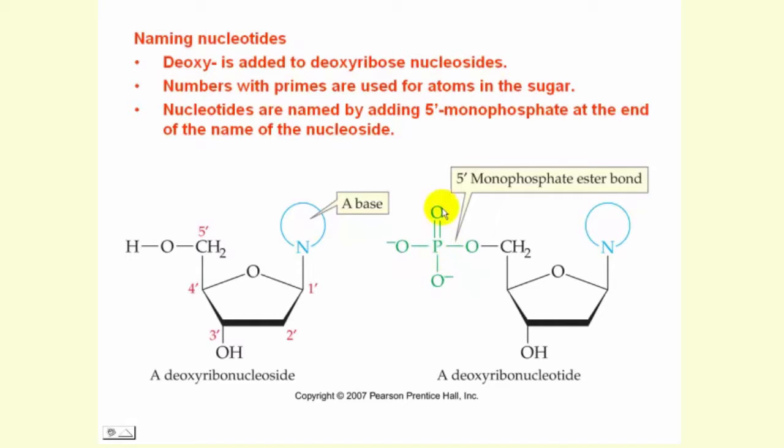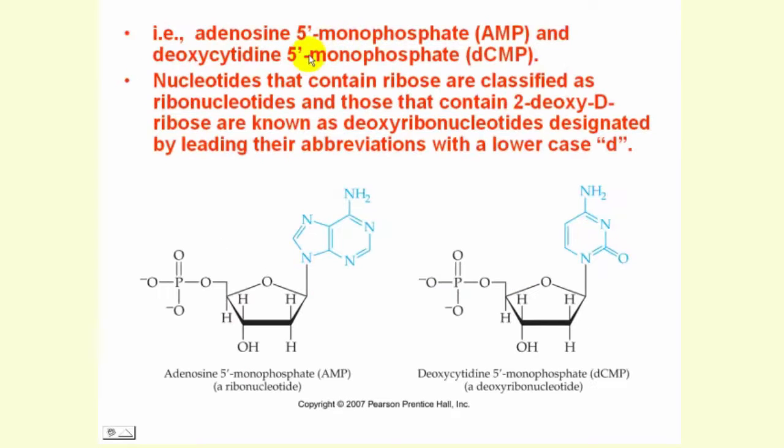In this case, we call this a 5' monophosphate ester bond. Why? Because the oxygen here is attached to carbon number 5 of the sugar. Remember, 1, 2, 3, 4, 5. So we have a 5' monophosphate ester bond. Adenosine 5' monophosphate, which we abbreviate AMP, and deoxycytidine 5' monophosphate, abbreviated dCMP, with a small d in front of it to show that it derived from the